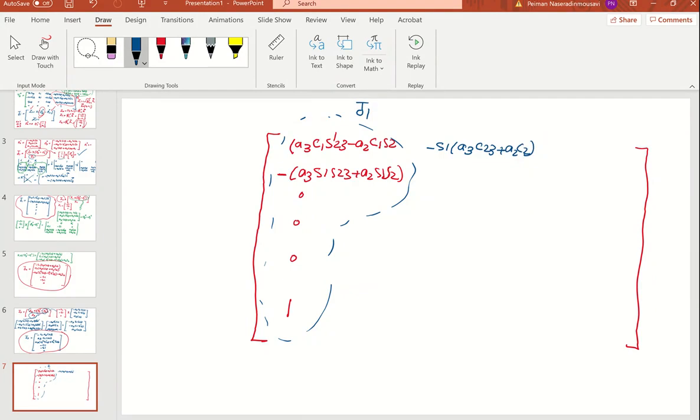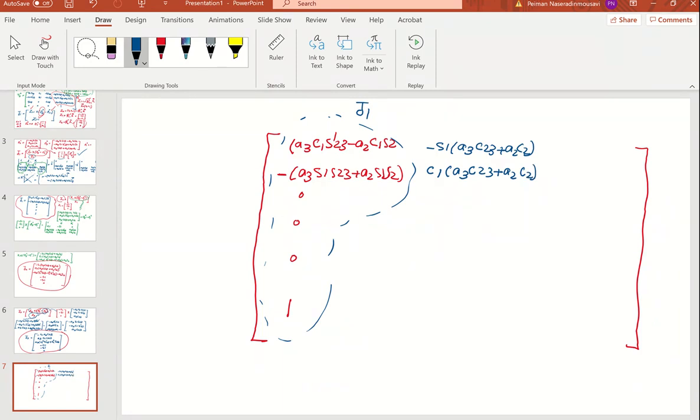Let me write it based on, okay, minus S1. Yeah, and the second line is cosine 1 A3 cosine 2 3 plus A2 cosine 2,